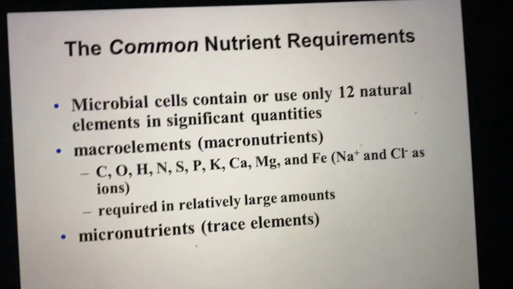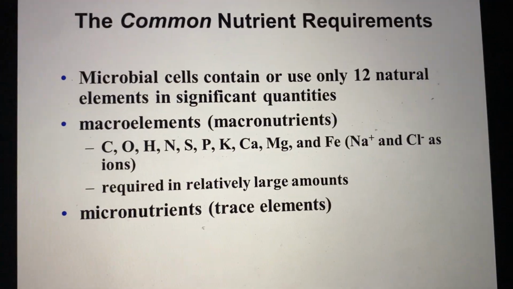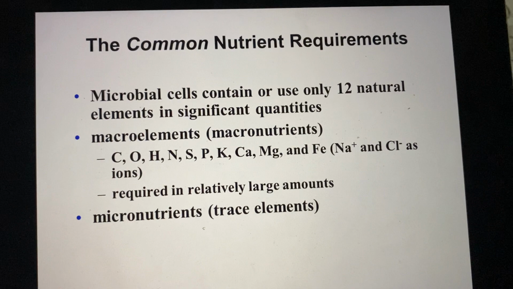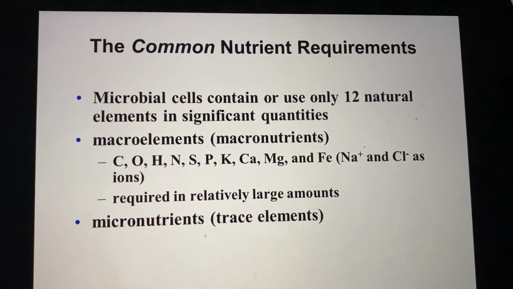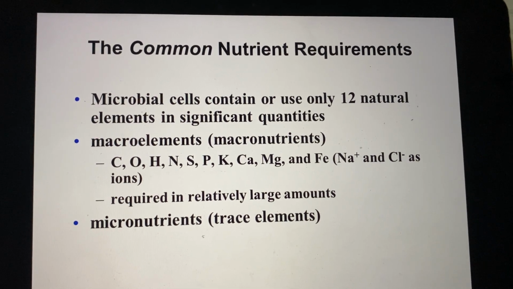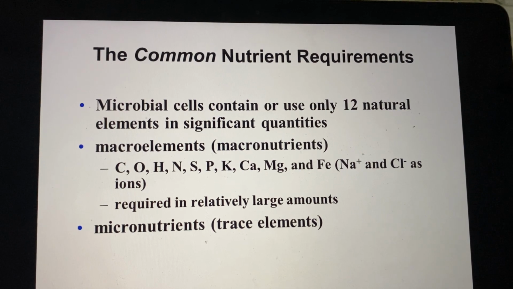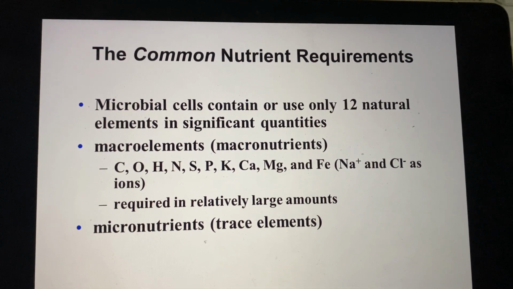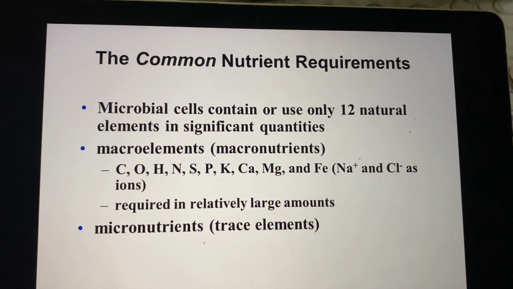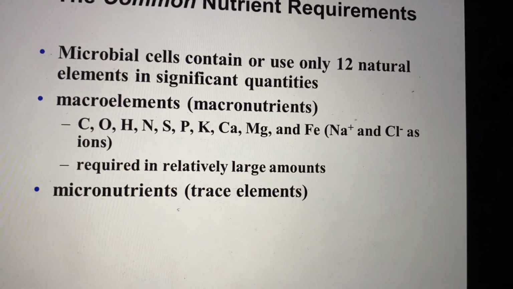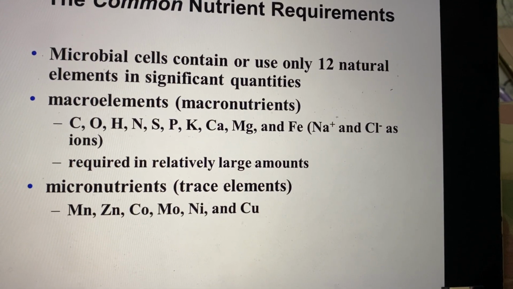In the macronutrients, you have carbon, oxygen, hydrogen, nitrogen, sulfur, phosphorus, potassium, calcium, magnesium, and iron. And then we also have some ions like sodium and chlorine, which are not meant to be a part of the cell as a nutrient, but they are definitely needed for the transfer of these nutrients across the membrane. So these macroelements are definitely needed in relatively large quantities, whilst your micronutrients, such as your trace